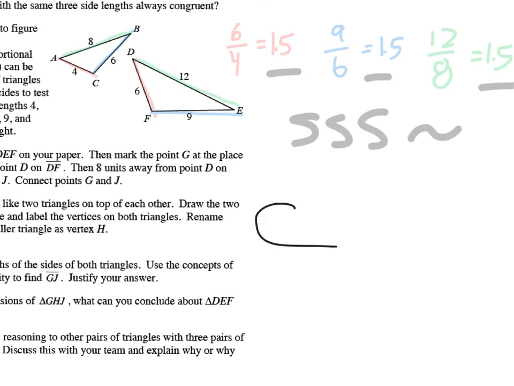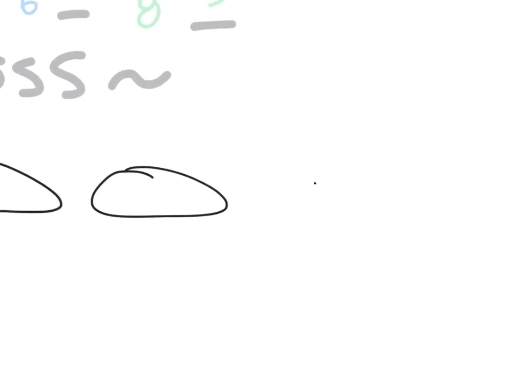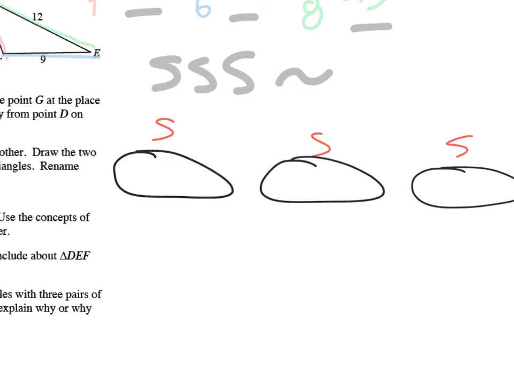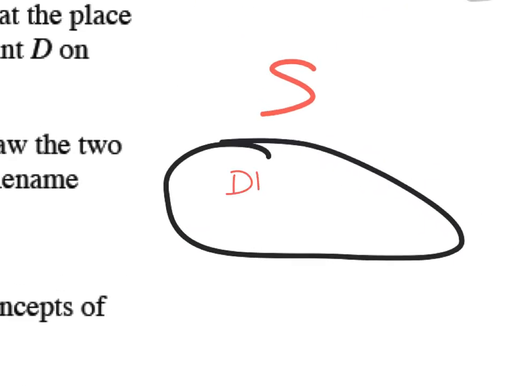And so if I was going to do a flowchart proof, I'm going to have three sets of ovals again. And above these three sets of ovals, I'm going to put S, S, and S because we're going to use side, side, side similarity. Those are the facts that we are going to use in order to justify our conclusion. And so in this first oval, I'm going to write the side length DF over AC. So DF over AC, those were the shortest sides, and we said that that was equal to 6 over 4,